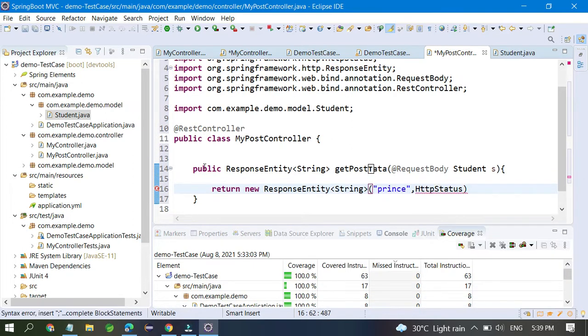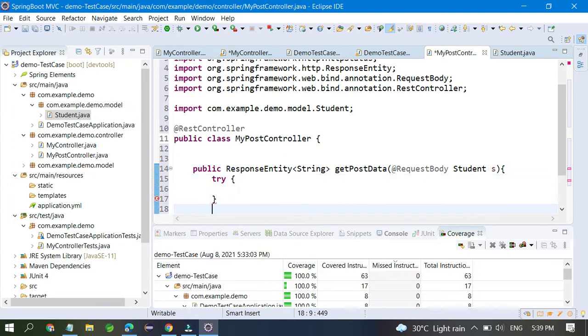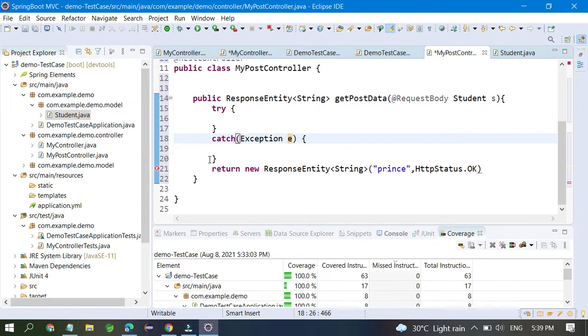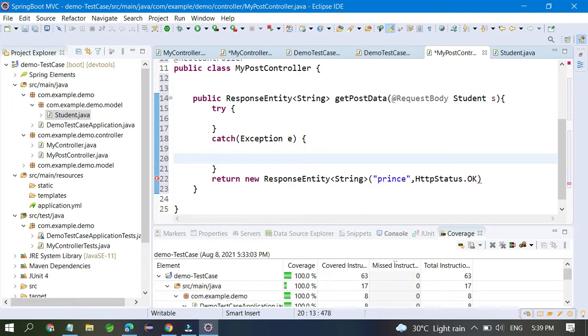If some exception happens, for example, I will write one try, and here I'm going to write catch, and inside this you can write Exception e. If something happens in the try block, it automatically comes into the catch block.